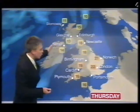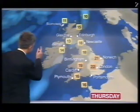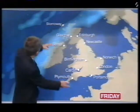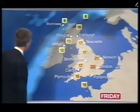What is left of our weather front weakens as it comes into northwestern areas. 13, 15 to maybe 22 for Thursday, and then Friday, a little bit of bulge in our ridge of high pressure. We push the band of rain north and west, still as high as 22. So I think